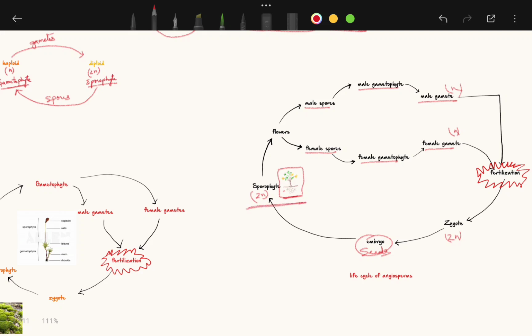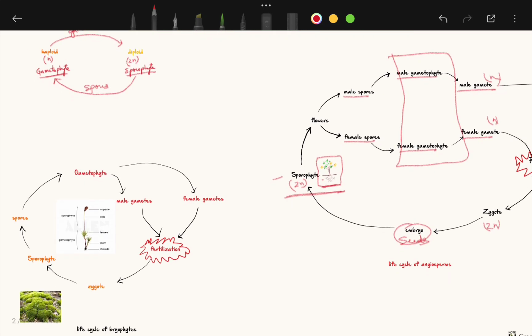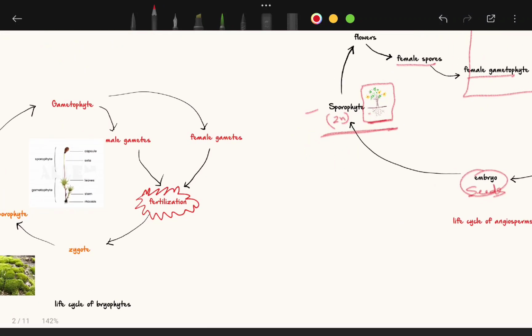So as you can see, the entire plant that you see, this is the sporophyte, and the gametophyte stage is present only for a very short period of time. And this is the reason why the sporophyte is known as the dominant plant body, or it is also known as the main plant body. Okay, but in case of bryophytes, this is totally different,